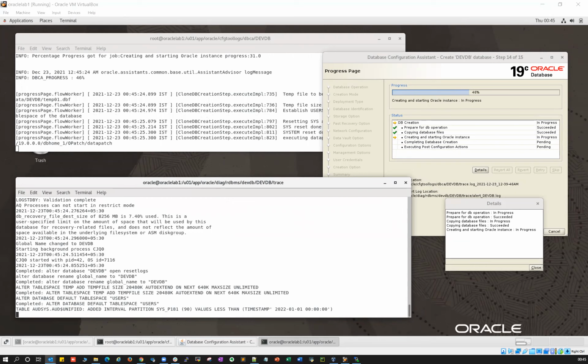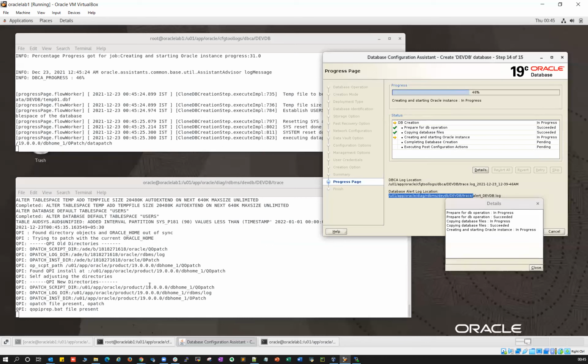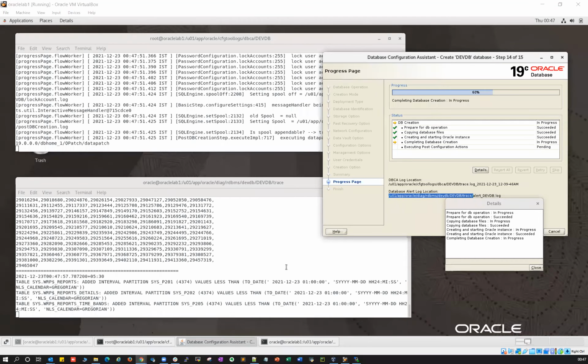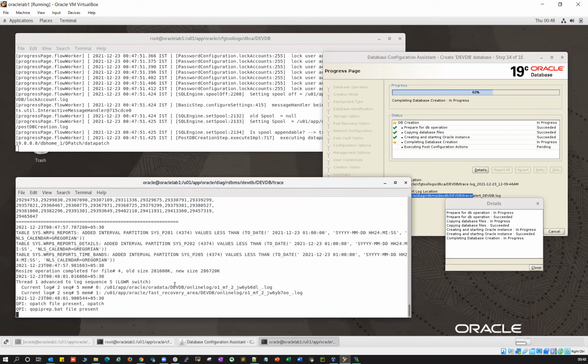All right, so it will take a few more minutes to complete my installation. I'll just wait for that. Right, so the database installation and starting is completed, and it is completing database creation. Those are post steps going on.